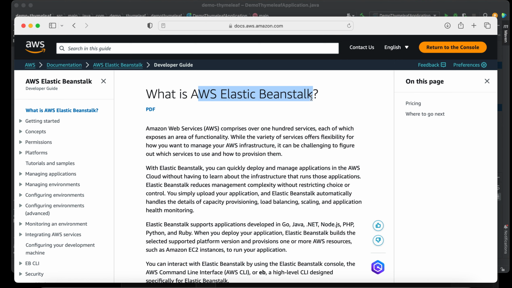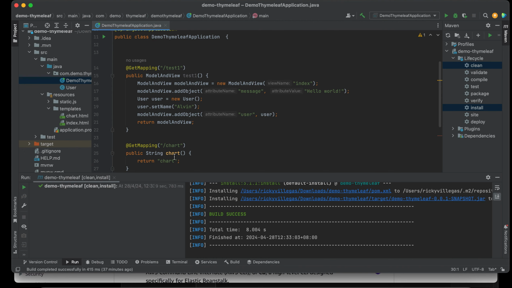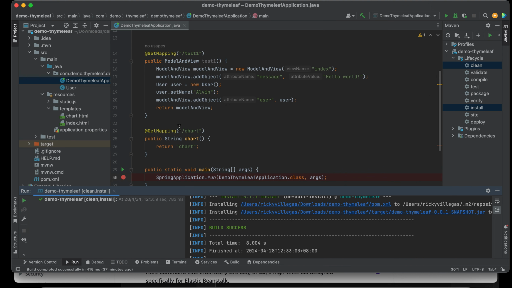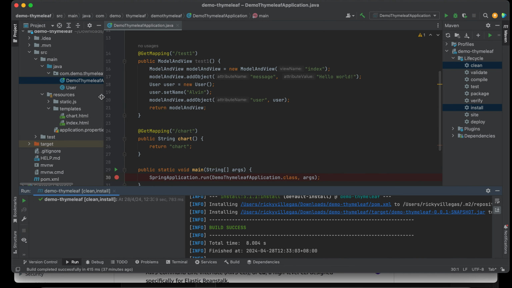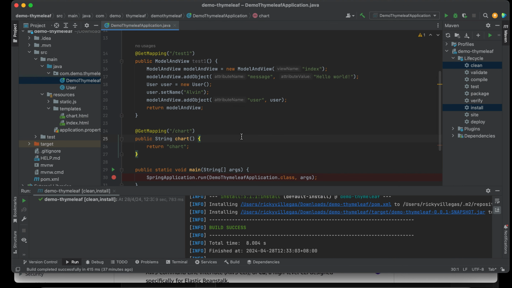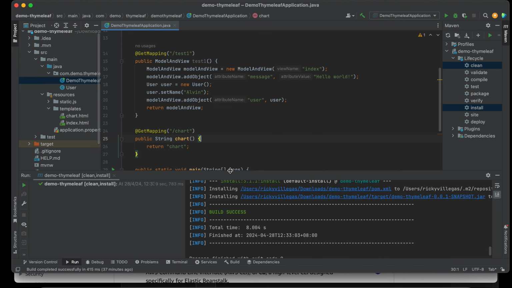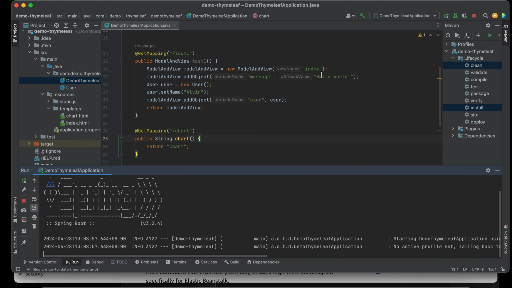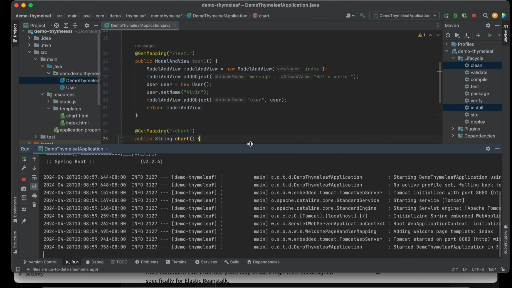All right, so I have here a Spring Boot application. I want to deploy this in the AWS cloud. So basically, I will use this service, Elastic Beanstalk. Before I deploy our application, let me test this first in our local, so you can see the difference between the local and the cloud environment.